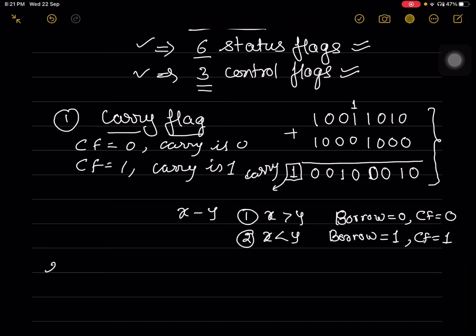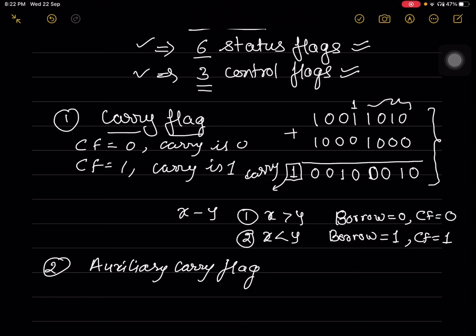The next flag which we need to discuss here is the auxiliary carry flag. The auxiliary carry is also a type of carry, but this carry is considered when we talk about the carry generated after addition of the 4 LSBs.